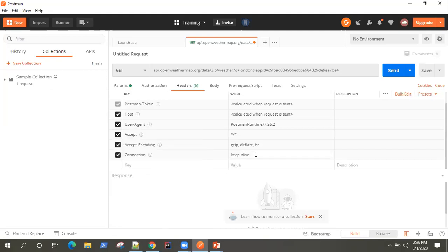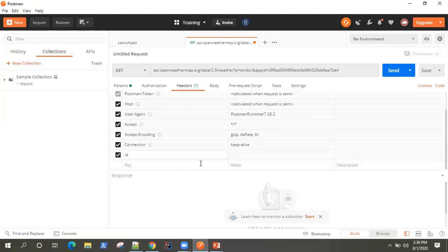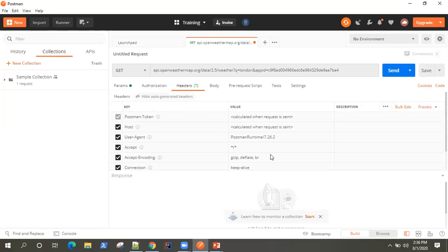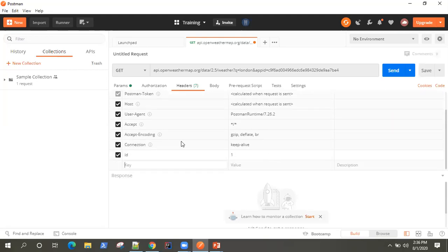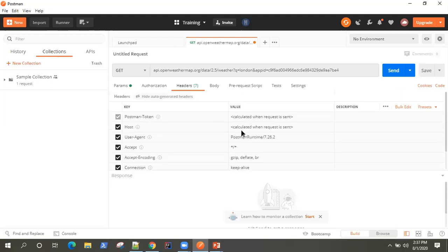Now, you can also change the value of a header depending on your API, or you can add your own header. If I add a header like this, it's going to include this information in the header. What are headers? Headers are metadata information which is accepted by the server.